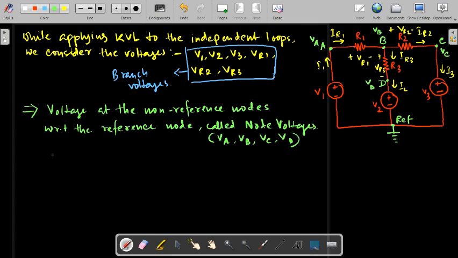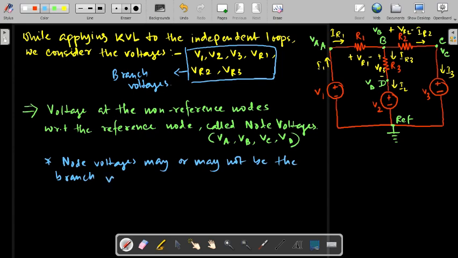And what we can say is that these node voltages may or may not be the voltage across an element. This is an important issue: the node voltages may or may not be the branch voltages. In this circuit I can show you an example. If I consider the voltage at node A, that is VA, VA is the node voltage at node A, and also VA is the branch voltage for this